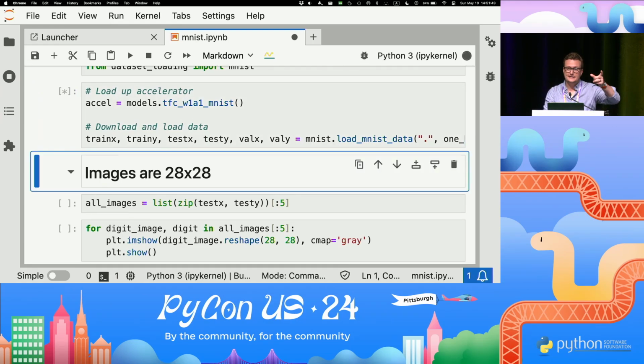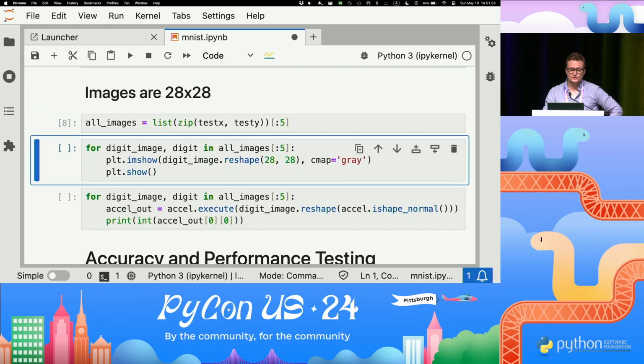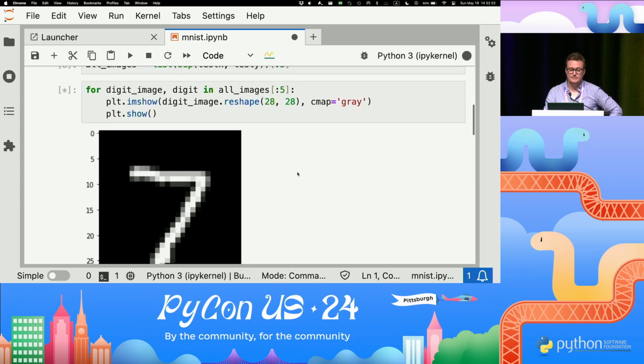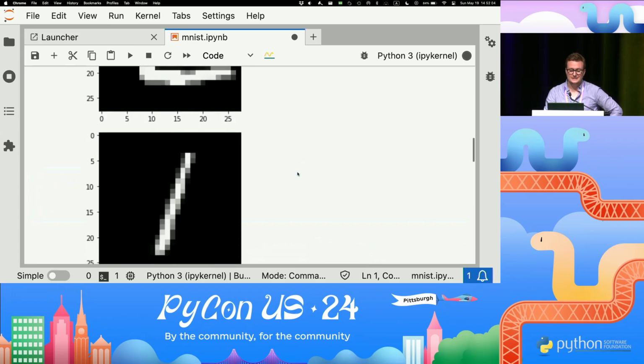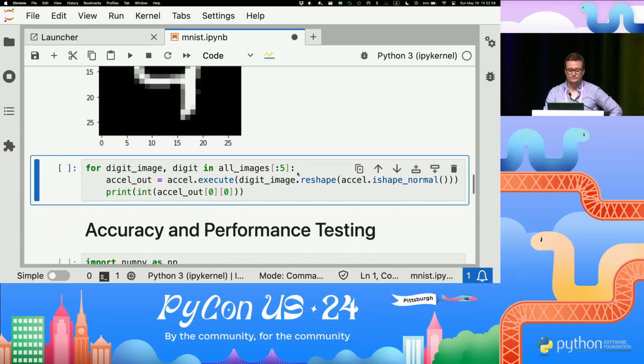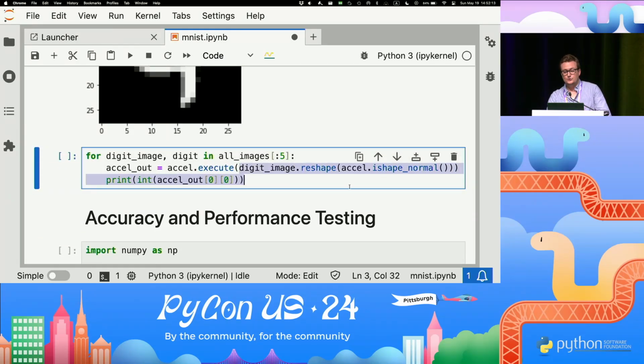It's now taking that bit file and loading it up onto the FPGA fabric and giving me back this driver from Python. The images are 28 by 28 pixels. So I can just print out a couple of those using Matplotlib. It takes a little while because it's a pretty small ARM processor. 7, 2, 1, 0, 4. And then just like I did before, I can actually, using that synthesized driver that comes out of FINN,